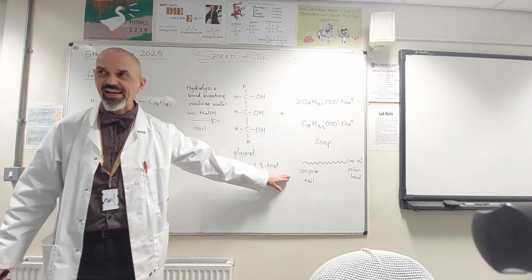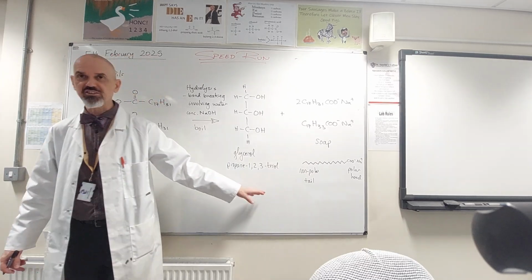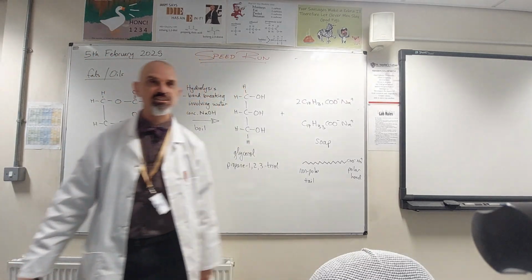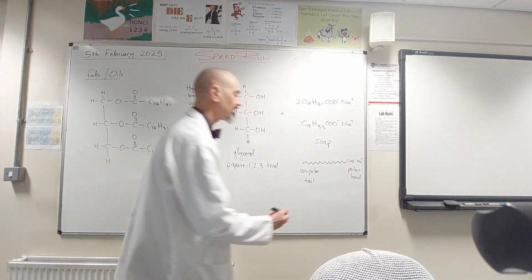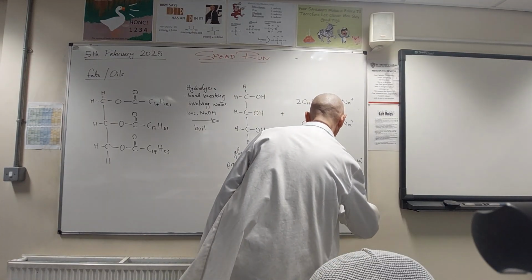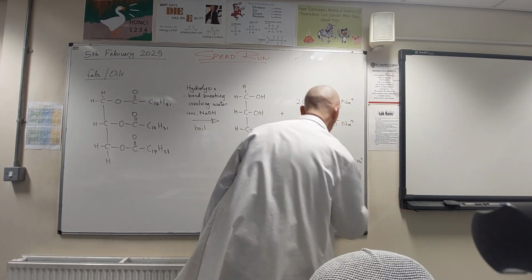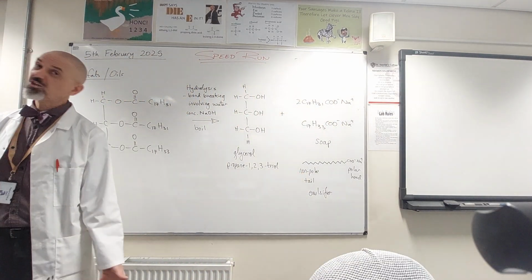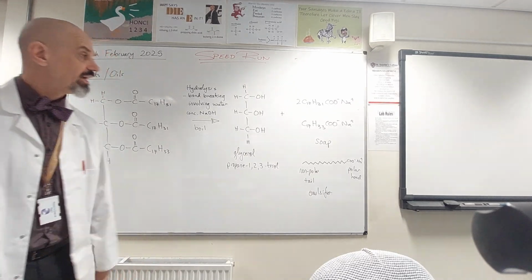The non-polar tail will stick to other oils and greases, and the polar head will stick to water. So we can use that as an emulsifier, most usefully for washing, which is the industry based on